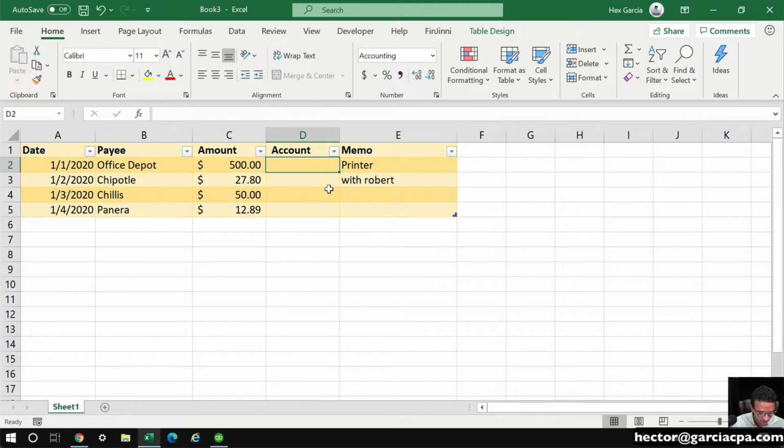And then here, this is where we type office supplies, right? Let me spell that. So let's spell that correctly. So office supplies, and then down here we put meals,